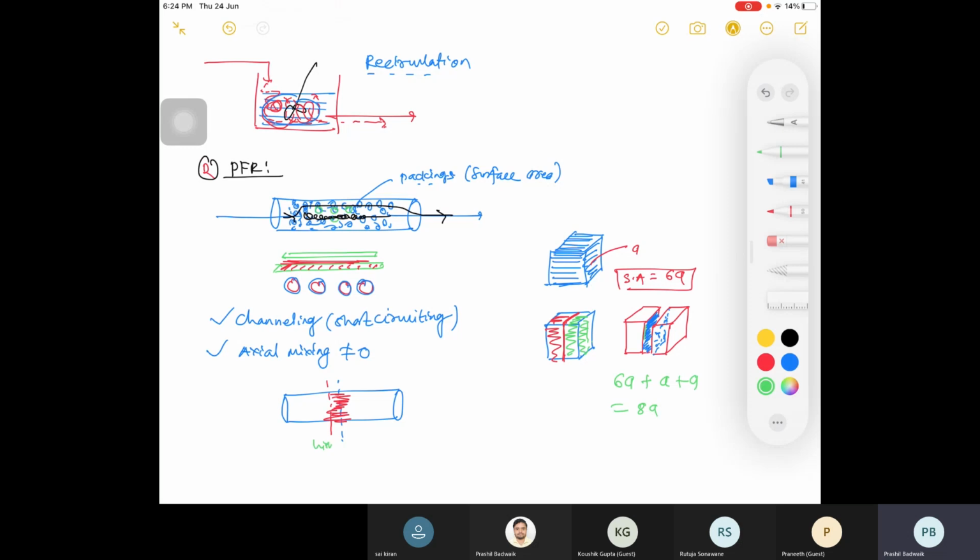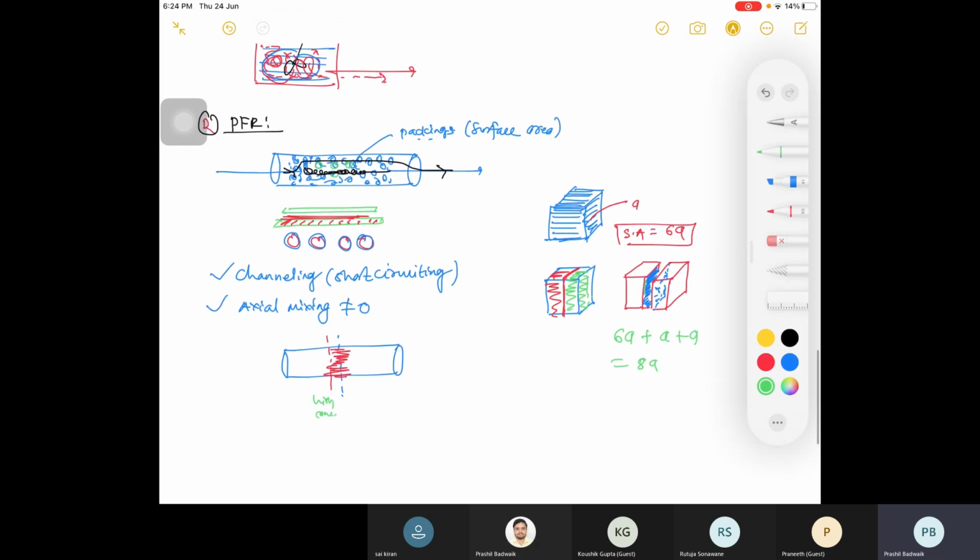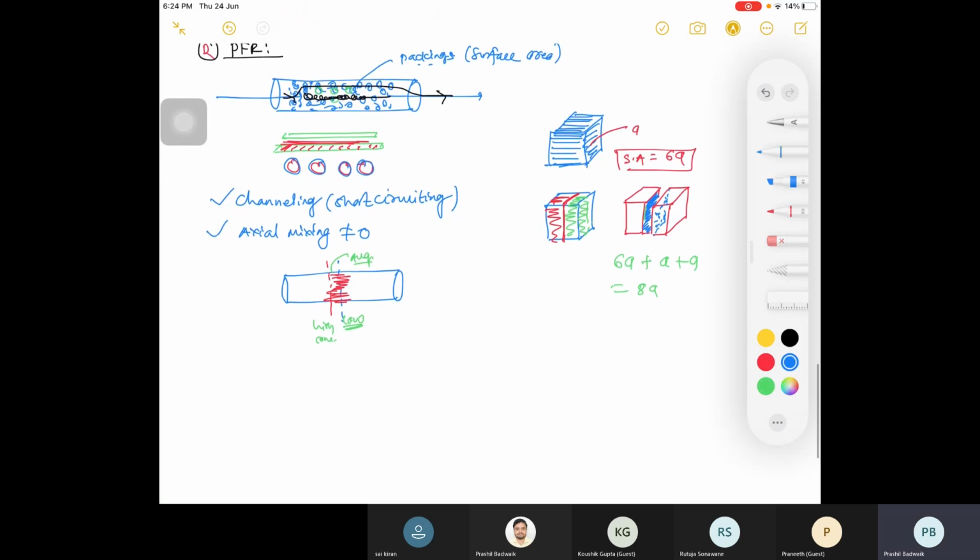This is high concentration molecule and this is your low concentration. तो ये जो mix होगा तो you will be having average concentration here. So that is your axial mixing not equal to 0. Then your radial mixing should be 100%. Radial mixing is 100% चाहिए था, infinite चाहिए था, right? So radial mixing is not 100%. I'll say there is no perfect mixing, right? That is your next non-ideality, right? तो इसको लिखना पड़ेगा, so what will I write?